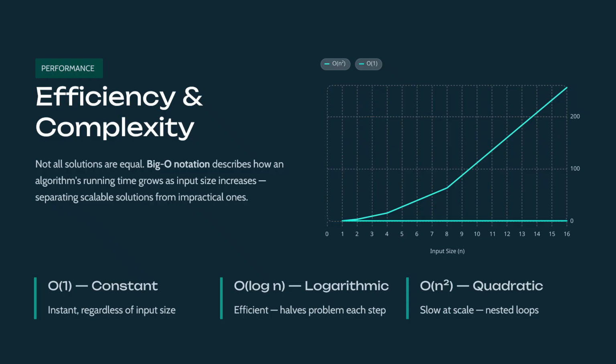An O(log n) algorithm grows very slowly with increasing input size. Binary search is a classic example and is considered highly efficient. An O(n²) algorithm, such as bubble sort, becomes much slower as the dataset grows because of nested loops. Understanding computational complexity helps software engineers choose algorithms that scale efficiently for real-world applications involving millions or even billions of records. This is why performance analysis is an essential part of algorithm design.